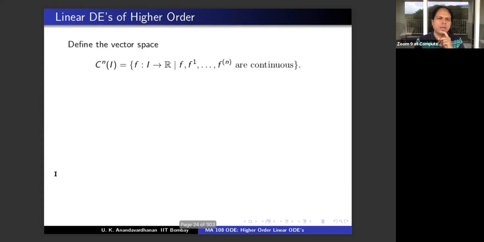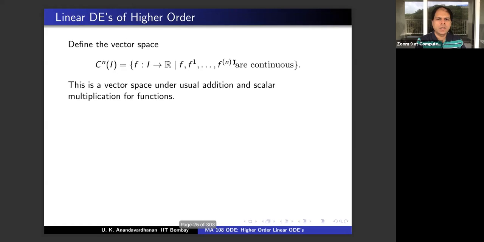Okay, so let's start. You have already told me all functions defined on I, real valued functions, up to nth order, all derivatives exist. Not only that, we are assuming that all of them are continuous. This is a vector space under usual addition and scalar multiplication. And we define this linear operator by,